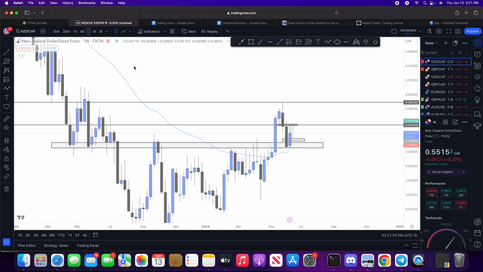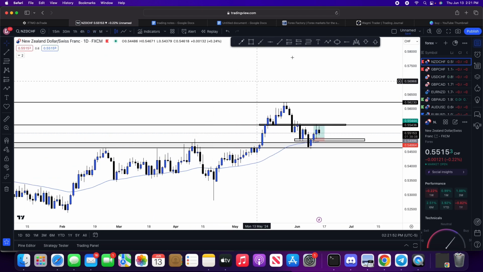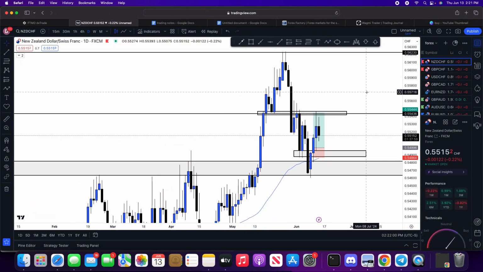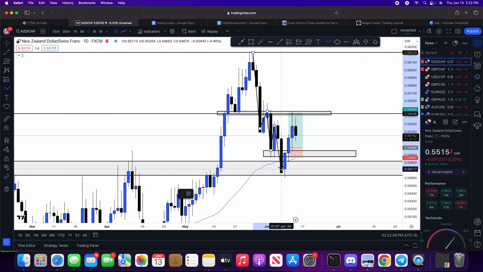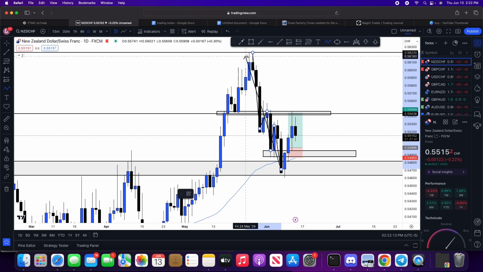So going back to the daily time frame, we actually see that, hey, look, we have that 50 MA coming right underneath this area of interest. Not only that, but we also have this kind of shift back down to that weekly area of interest. Now, there might be some of you that are saying, hey, look, clearly this is a downtrend, right? We've broken below this previous higher low, and that's absolutely right.